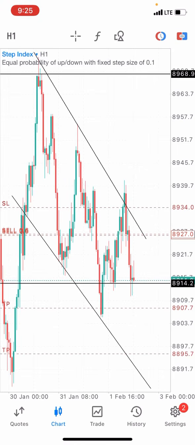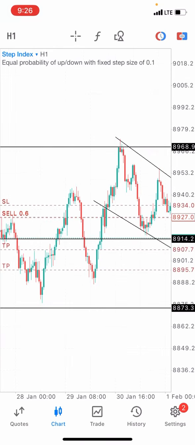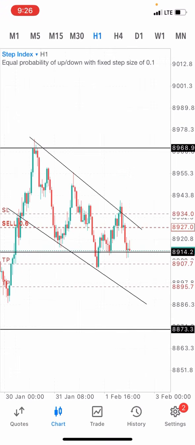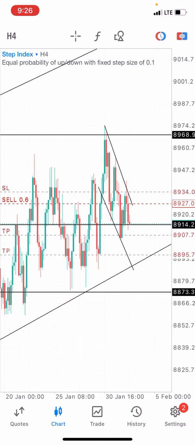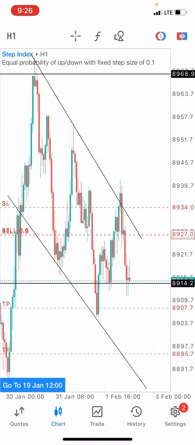So you want to always follow the trend. That's why most of your teachers, your coaches, your tutors, your mentors will be telling you always follow the trend, always buy in an uptrend and sell in a downtrend. Okay, so that's the case here. On this technique here, we have seen that the market is pushing upwards on the 4 hours time frame. Okay, now you switch to the 15 minutes time frame.